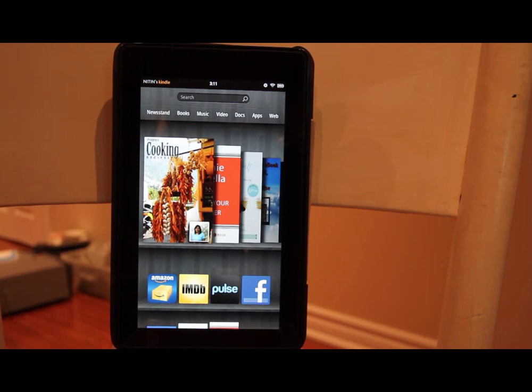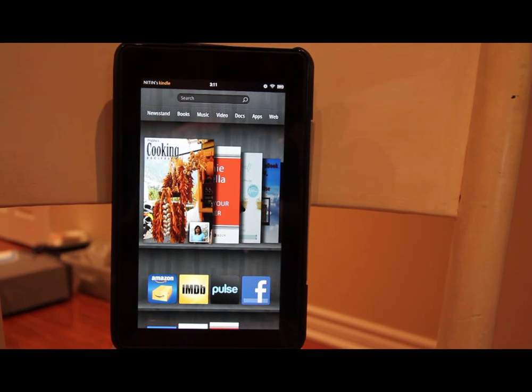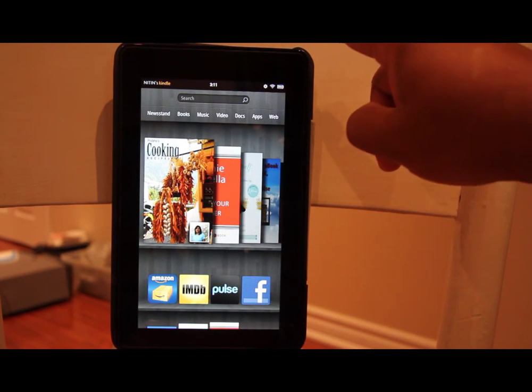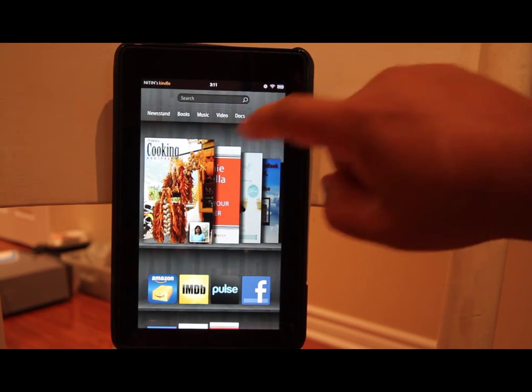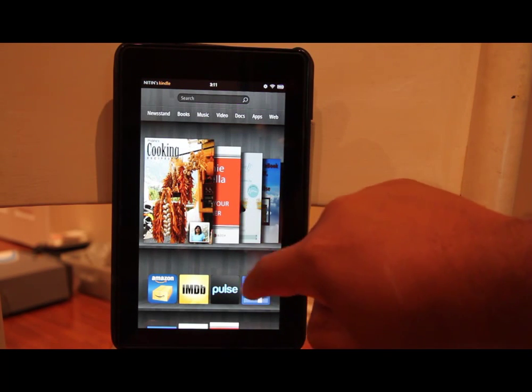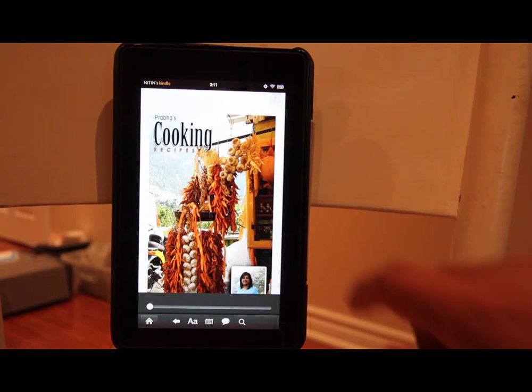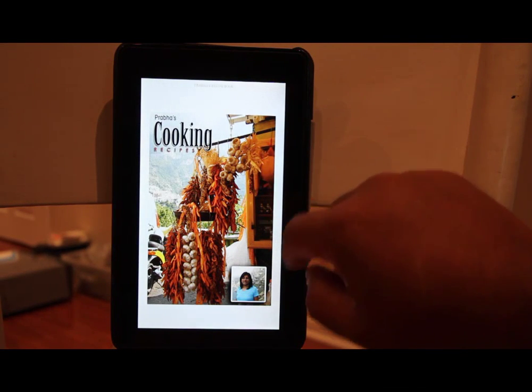Okay guys, I hope you can see this. Now I'm going to do a little bit of a juggling act, but here is the book. This is my wife's Kindle Fire, and here is the book already loaded. I'll click on it